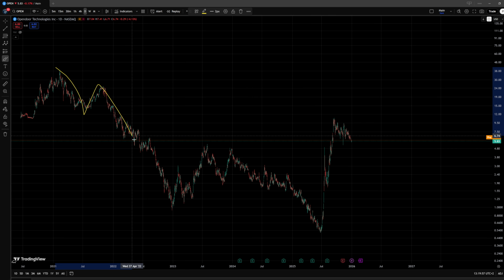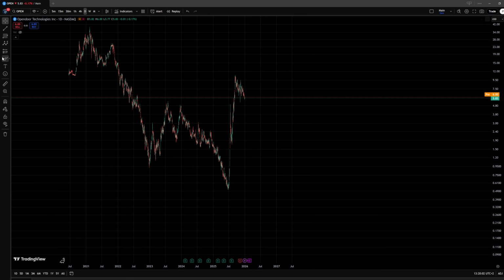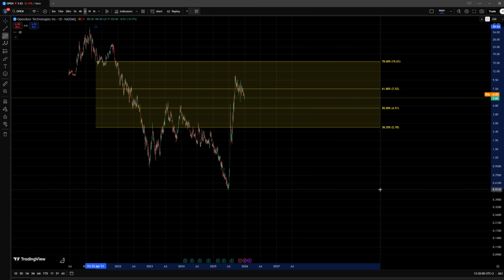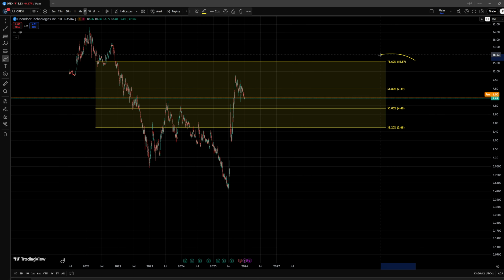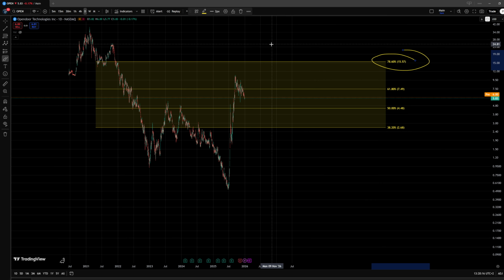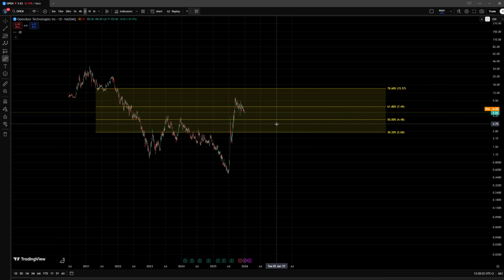formed a potential 5-wave move to the downside, which is highly suggestive of continuation in this downtrend once the correction is complete. And this will remain the main scenario here on this chart as long as we don't manage to get a break above the last level of resistance, the 78.6% retracement at the $15.6 level. And then if we do actually get a sustained break above this level, we can start looking with a higher